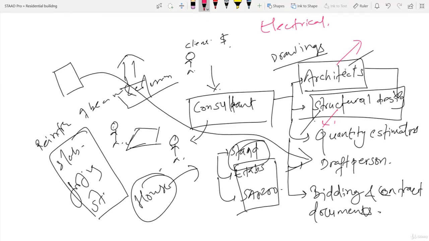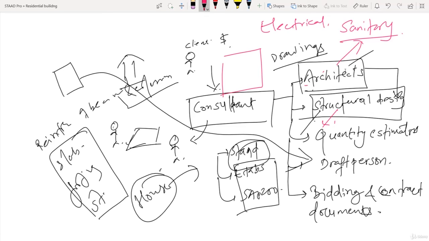So the electrical engineer or any specialist will do that, and they will prepare the sanitary drawings. Okay, and based on all these drawings, if they have any AC or any other things, they will also prepare those drawings. And now, based on all these drawings, they will estimate the quantities of